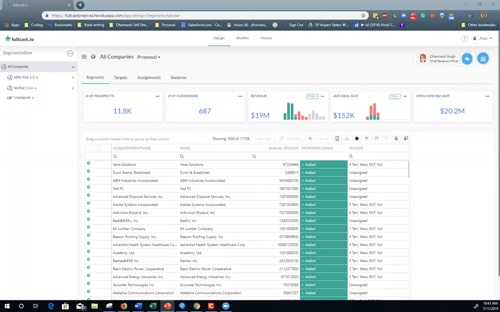Our data is bad because a Salesforce system is old, right? Or it is not well architected. And so what Fullcast does is we come in and fix the Salesforce system, but unlike a regular consulting company that will come and say we'll fix it, 6 months later as your go-to-market evolves, your Salesforce will again be held back in the past.